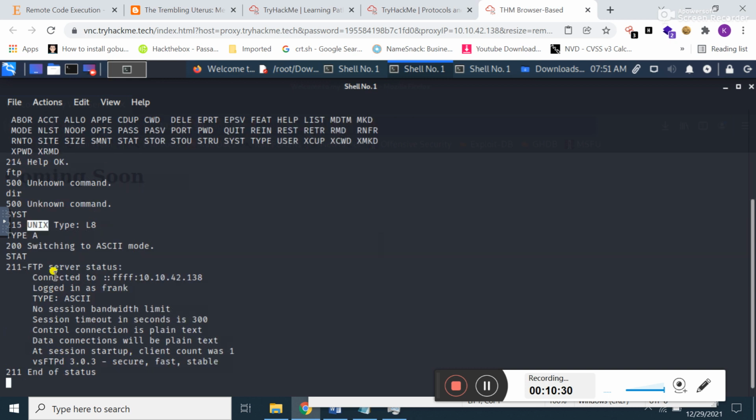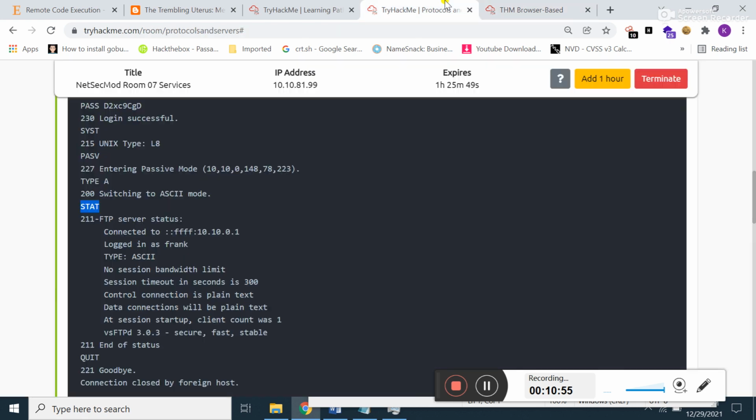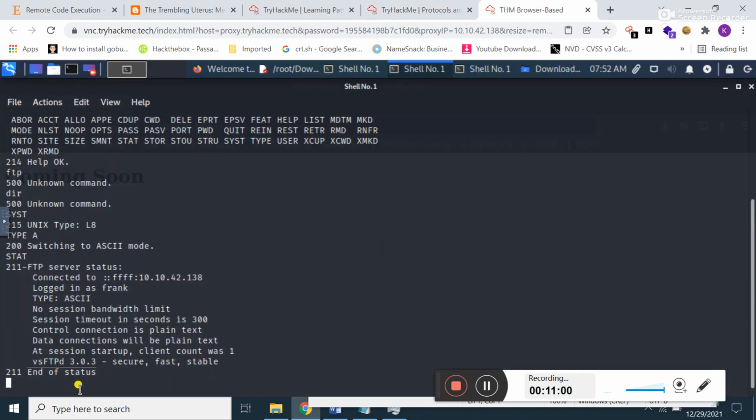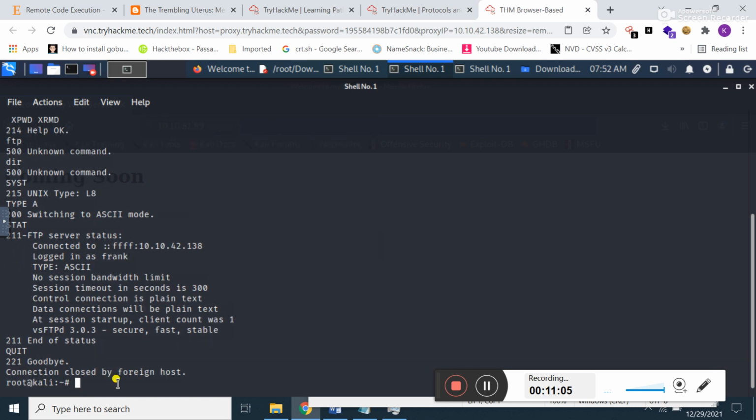See here it shows the details of the FTP server, that I am successfully connected, and the username is Frank, and it also reveals the FTP server's version number, that is 3.0.3. This is very useful information for an attacker. Okay, guys, if you want to quit from this server, simply type quit and press enter. See, I quit from this protocol.